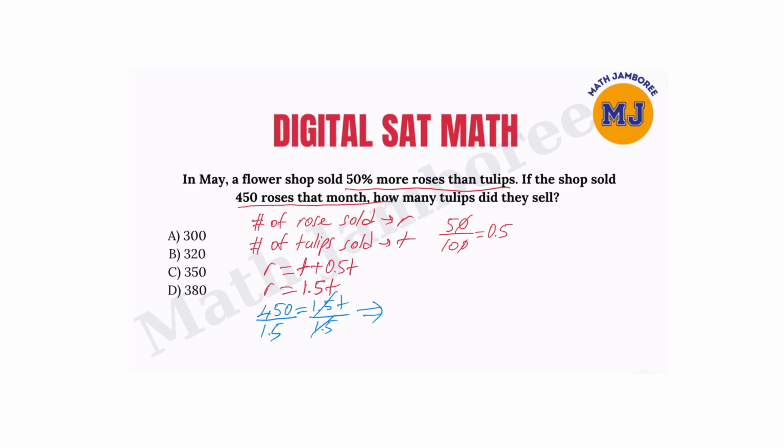In digital SAT, you are allowed to use your calculators. You can use your calculator to solve any questions, and so you can use your calculator to solve this question as well. 450, when you divide by 1.5, is going to give you 300, which is tulips sold. So the correct answer for this question is